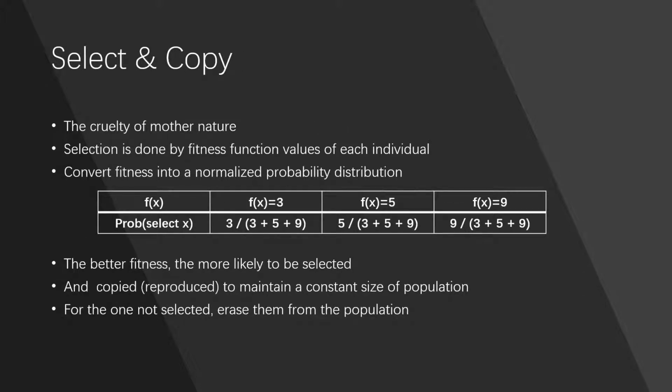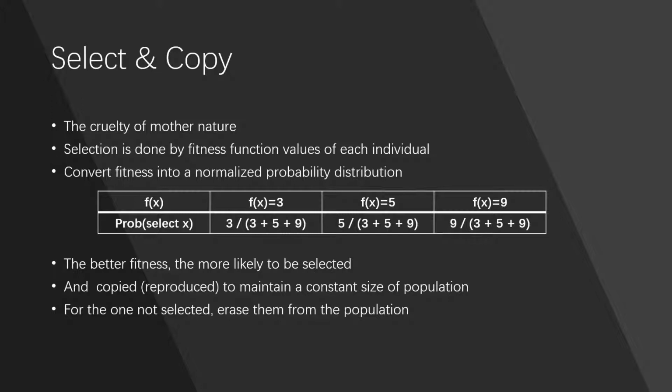Now, we have a population and the fitness values of each individual in this population. And we have to make a decision about which individual is going to survive and which one is going to be removed from the population. And the vacancies of the removed individuals will be occupied by the copies of the remaining ones. So we can make this decision randomly by converting the fitness values into a probability distribution, and then sample according